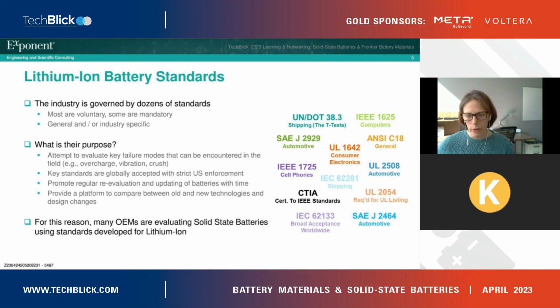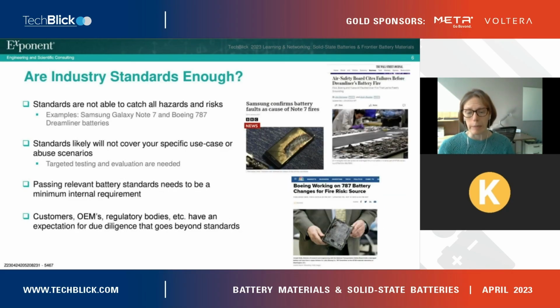But as we've learned from past experience, these standards are not always enough to catch or predict all hazards and risks associated with releasing a new battery in the market. We've observed that in the past with the Galaxy Note 7 and the 787 Dreamliner batteries, which have led to huge recalls and a lot of budget